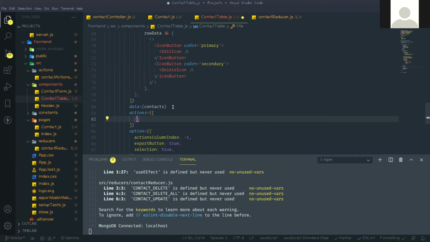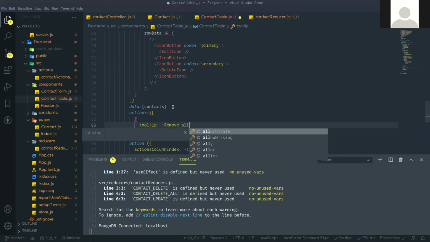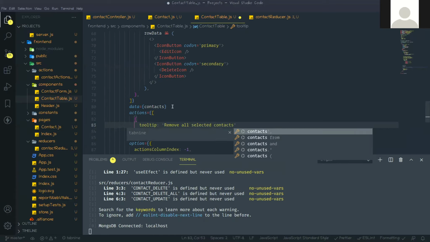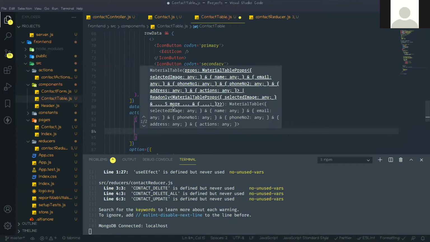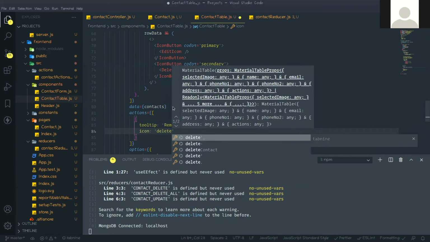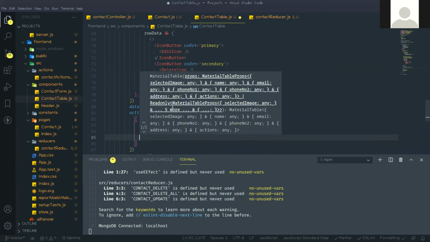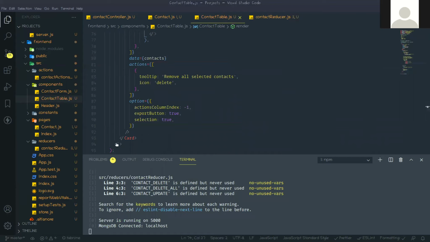So the tooltip is remove all selected contacts. Next is icon, the icon should be delete. The last one I will tell later. So up to this, the table has been created.